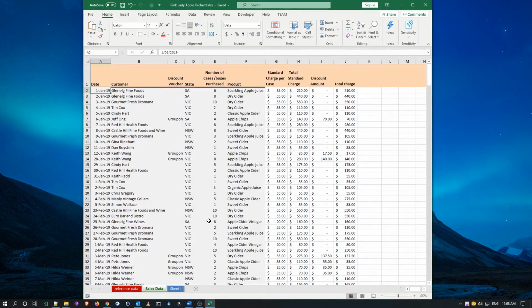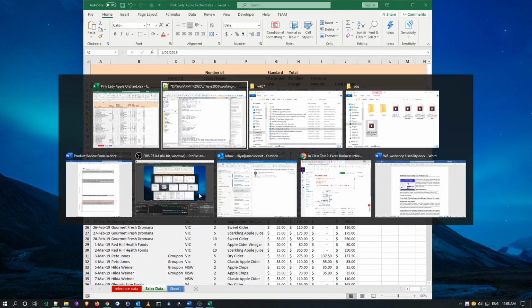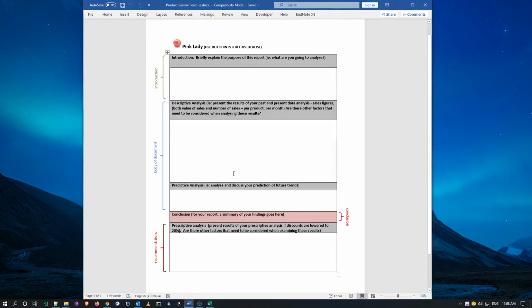So let's do some analysis now. Just quickly going back to my review form, we've covered what the contents of the review form should have in it. Now, what are we actually going to analyse? So if I go back to my spreadsheet,